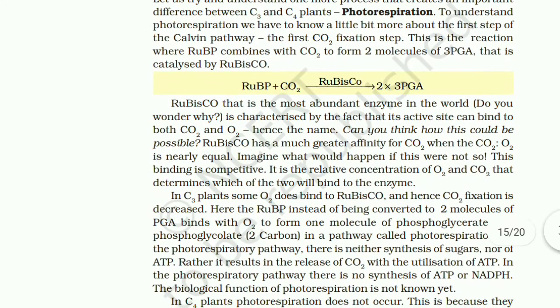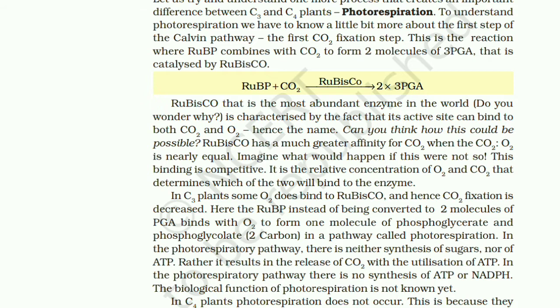It is characterized by the fact that its active site can bind to both CO2 and O2, hence the name. Can you think of how it could be possible? Rubisco has much greater affinity for CO2 when the CO2 and O2 concentrations are nearly equal. Imagine what would happen if it were not so. This binding is competitive. It is the relative concentration of O2 and CO2 that determines which of the two will bind